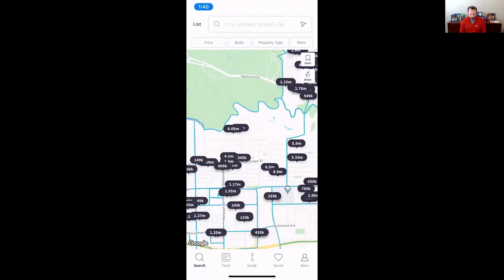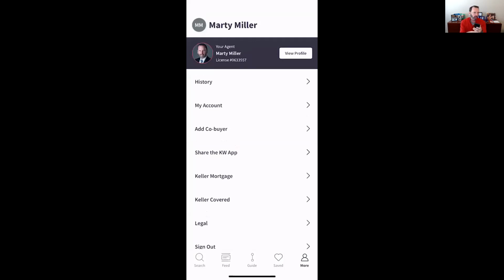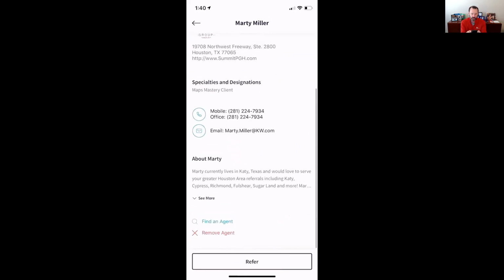So at the very bottom, you can see that you've got 5 menu items, right? The bottom right-hand corner says More. One of the ways you'll know that you haven't updated your app recently is if it still says You, Y-O-U. The most recent version should say More. You can click on More, and then you'll know whether your app, remember, this is your consumer app that you're using as a consumer, has been branded to you as the agent. If there's a bar at the very top that says Your Agent is, with your name and your headshot, you're good. If for any reason your screen looks like this,